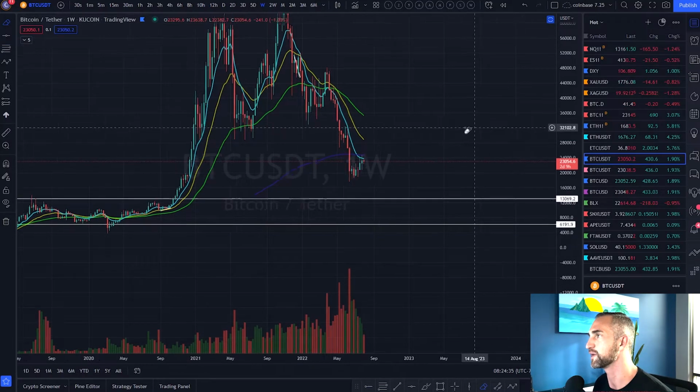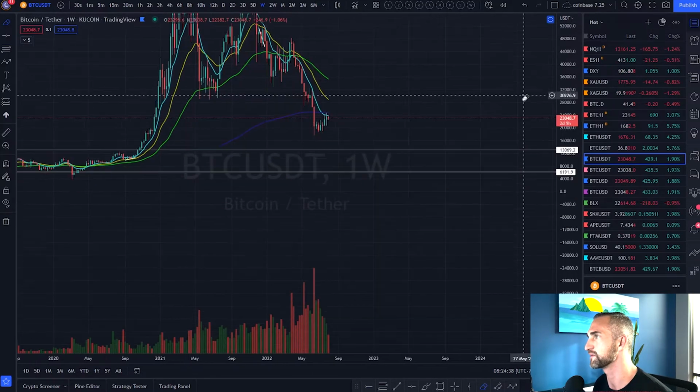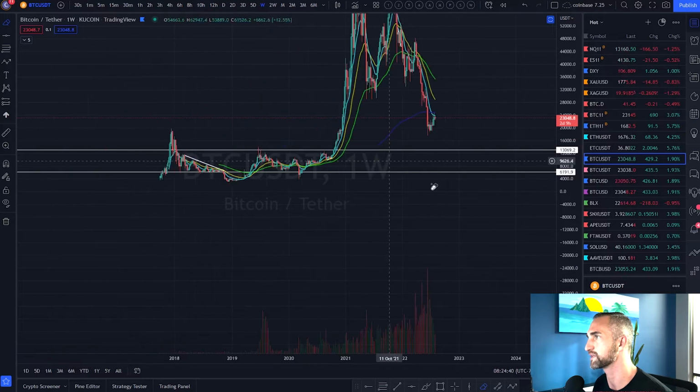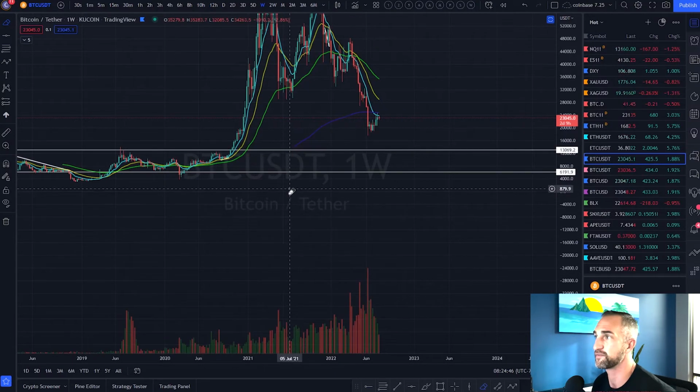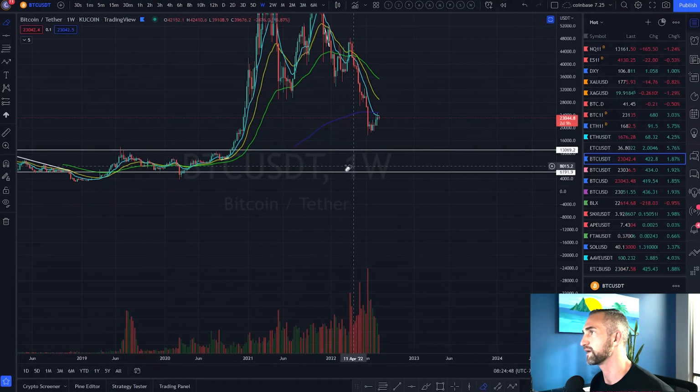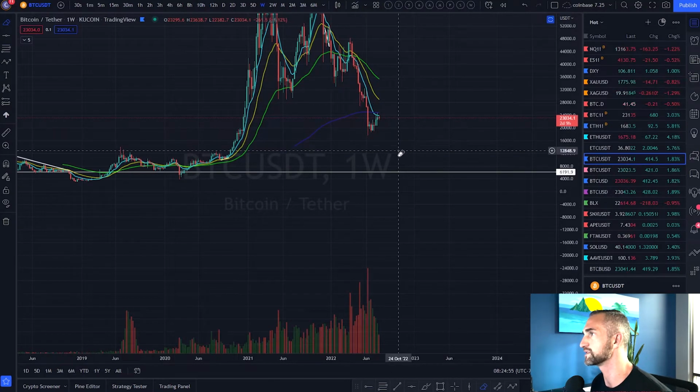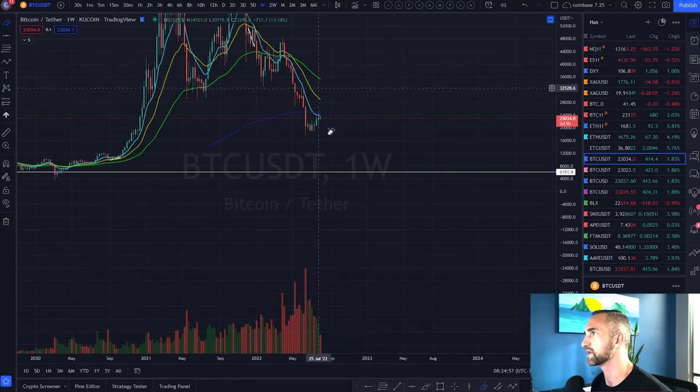We are still in a weekly downtrend, and that's the first thing I will lead this off with. A lot of people asking, are the lows in? Are the lows in? And I could say that I don't think they're in yet. Not only do we have all the bearish news on the board here, but here's where I would be able to say, okay, I'm ready to get bullish again.